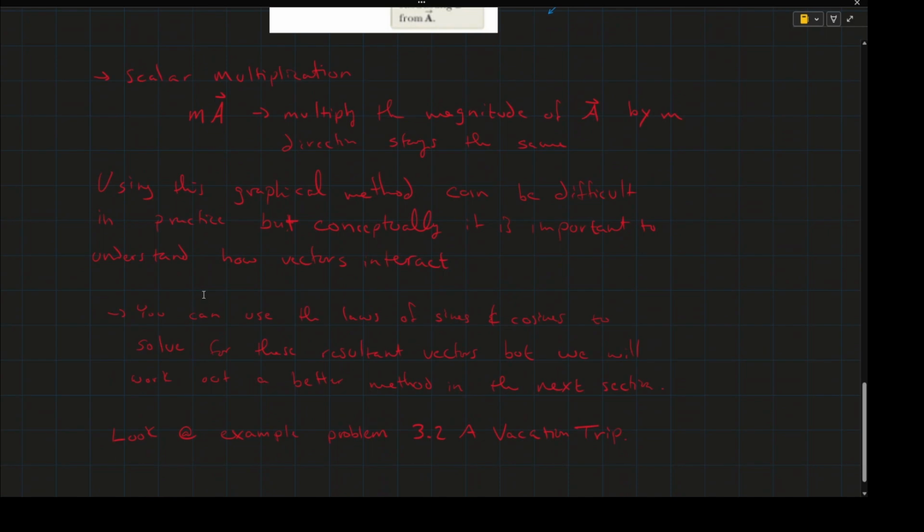Another concept in this section is scalar multiplication of a vector. So if you have a scalar quantity, in this case, that's what m is here. So if you multiply a scalar by a vector, you multiply the magnitude of that vector. So if we had vector A, and then we wanted to show 2A, it would literally be this line